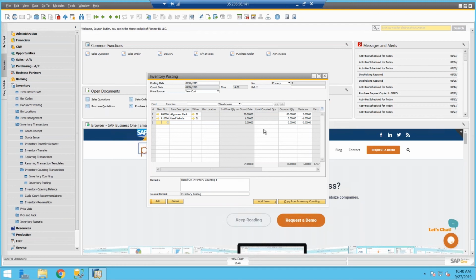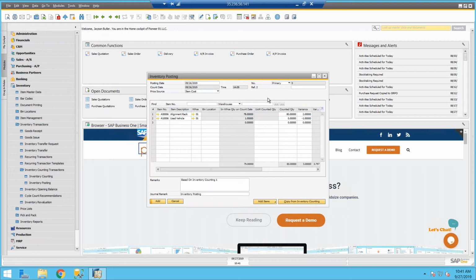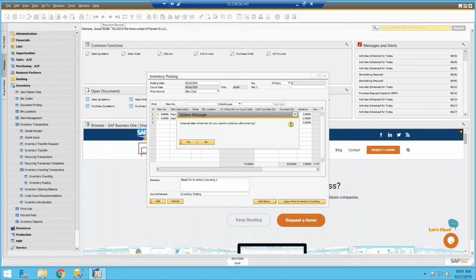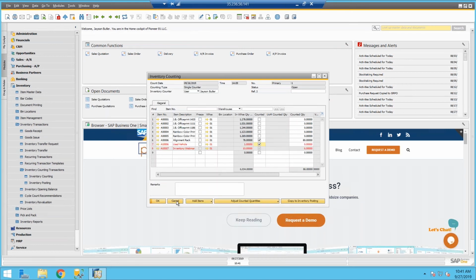It will, of course, influence my inventory value, and I will be able to see the counting transaction in my system. I think it doesn't have a cost, so that's why I don't have cost here,